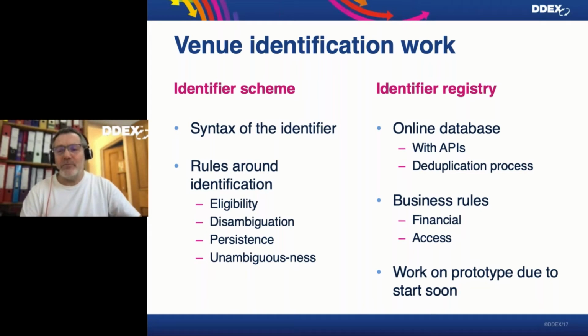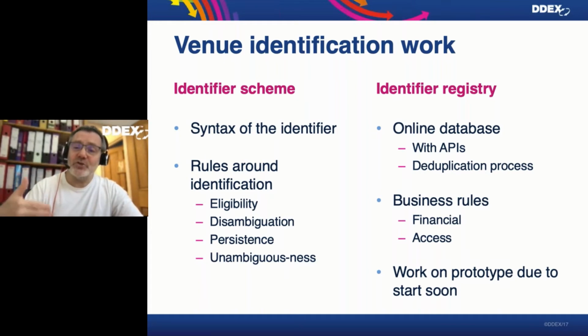But just having an identifier scheme is a good thing, but we want to go one step further and actually establish and build a registry that actually can do the identification of venues, but can then also serve the two industries and all the players in the industries with an API, so that you can actually ask that online database and say, hey, what is the ID for the O2 Arena? Or what is the venue ID for the music venue on Peninsula Square in London? So these kind of things we want to do.